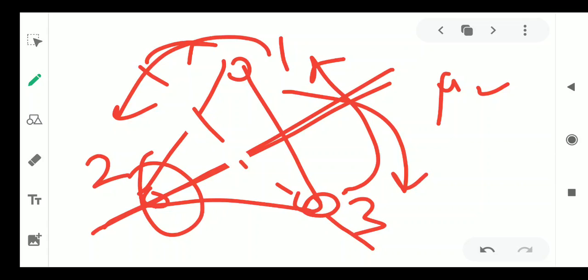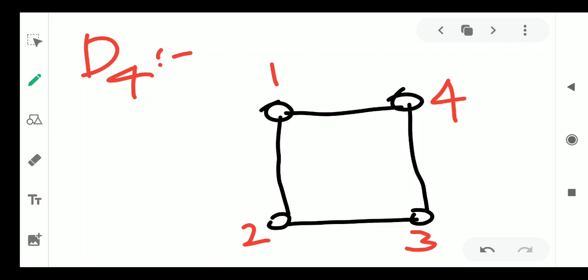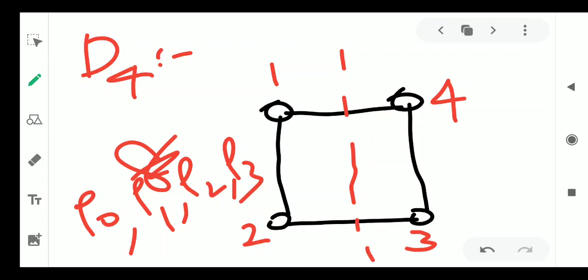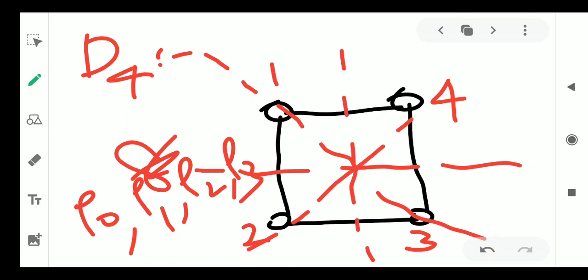Then that is generalized to a square. If you take a square, you can talk about 8 permutations. What are the 8 permutations? 4 rotations, namely rho naught, rho 1, rho 2, rho 3. Then you will be having mirror reflections like this. One mirror reflection is here, second mirror reflection is here, then 2 more things. This is diagonal flipping.